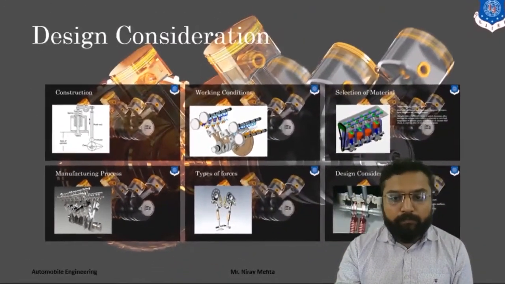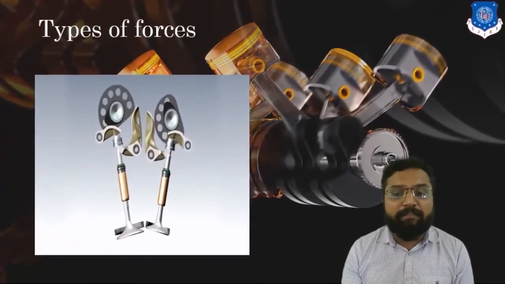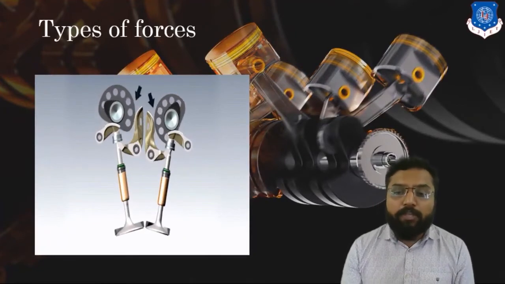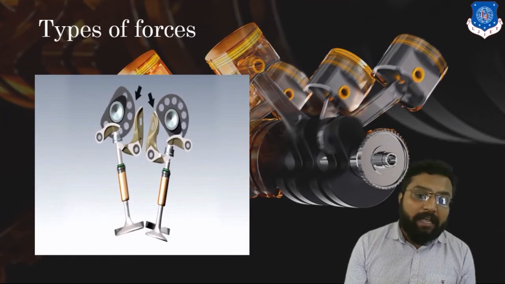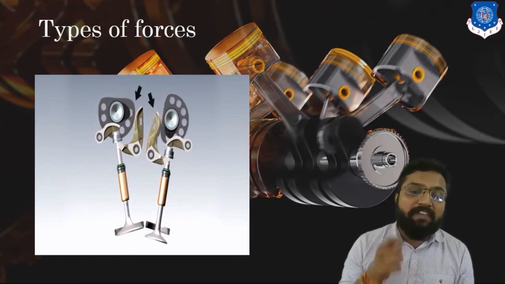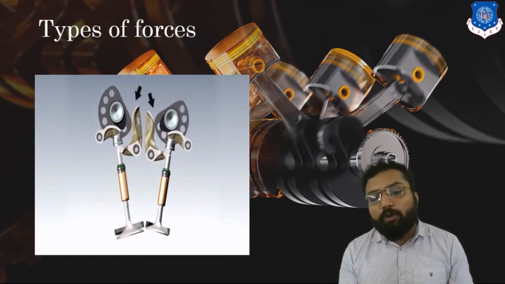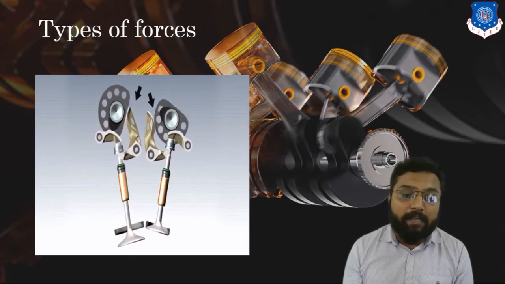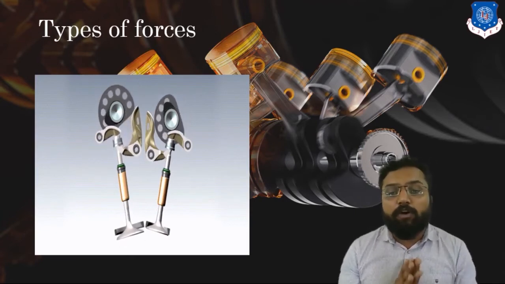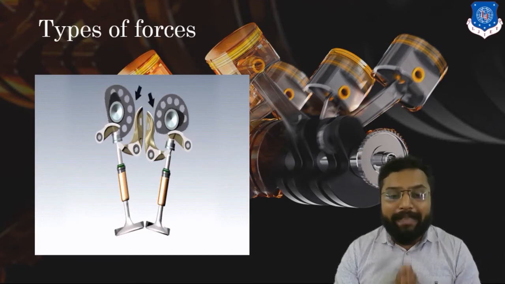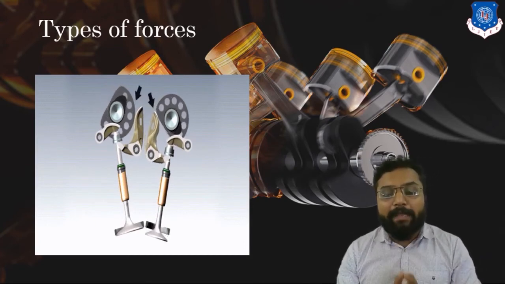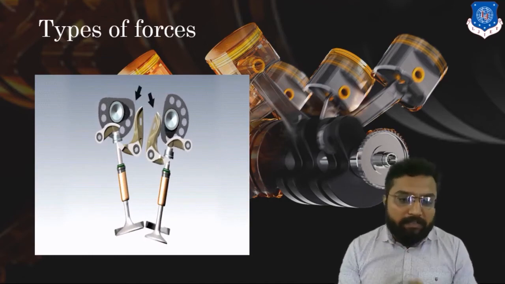Clear? After that, we will consider the different types of forces acting on this valve. There are mainly two types of forces. One is the bending force, and one is the wear force. Clear? As well as this, it also comes under heat transfer and heat stress. So there is also a sufficient amount of concentration of heat in the case of this valve gear mechanism. So our design will mainly depend on bending as well as wear stress.